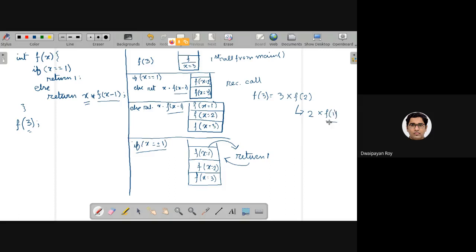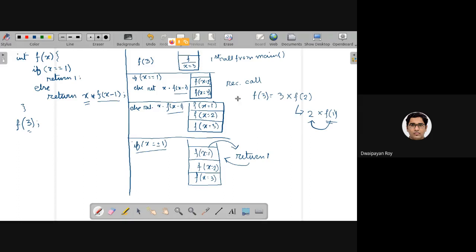Now this f of 1, as we can see, is returning 1. So this return 1 will be placed on top, I mean, in place of the whole function call.